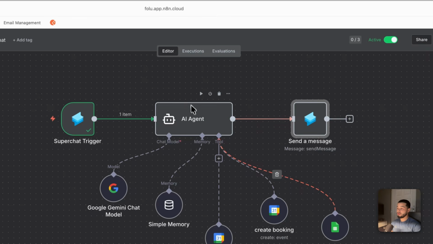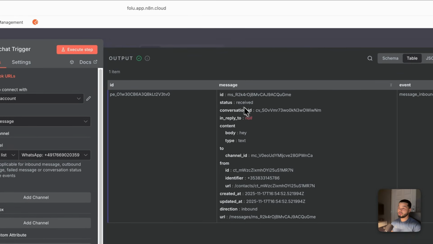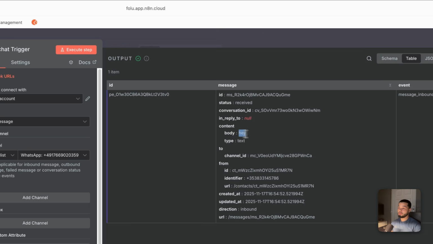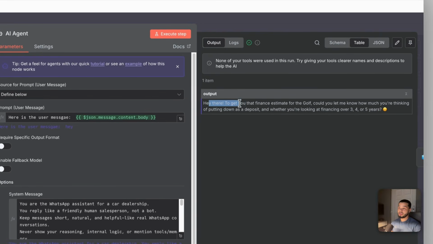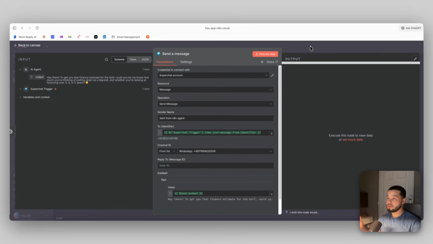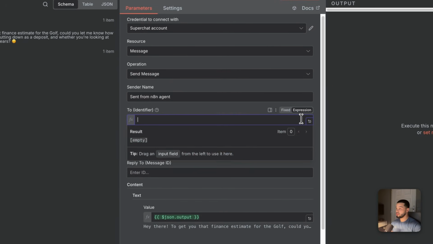So to get that identifier, we've already triggered this one, so we know what information we get. We get the body of what the person sent over. So let's trigger this AI agent here. This is going to run, and you can see the output here is, "Hey there, to get that finance estimate for the Golf," whatever. So the AI outputs something, and then over here in the send a message, we are going to add in the person's